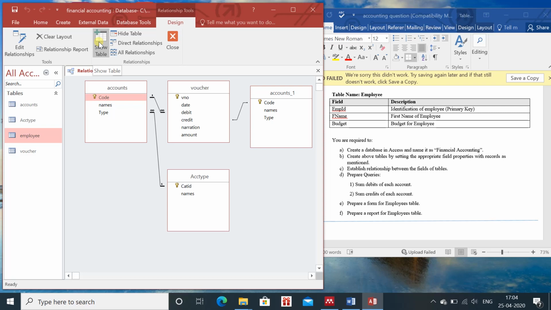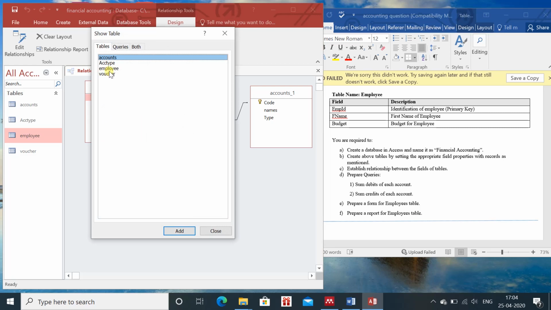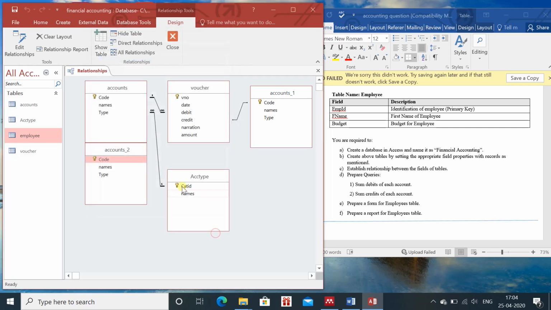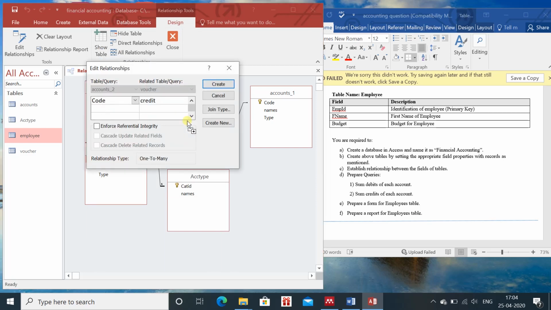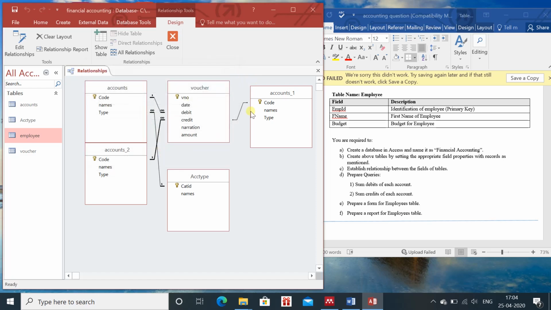That table will be the account table. So we have entered the account table. Now this code will be related to the credit. Create. So these are the relationships which we have created. You can press Ctrl S, save it, and these are the relations which we were required.